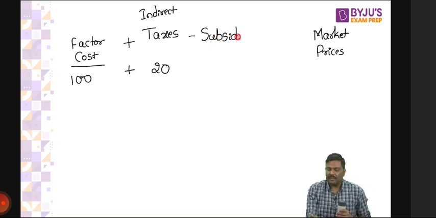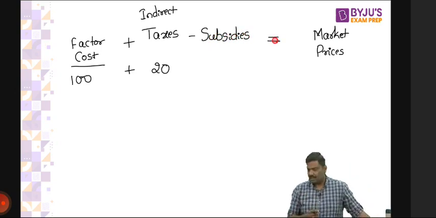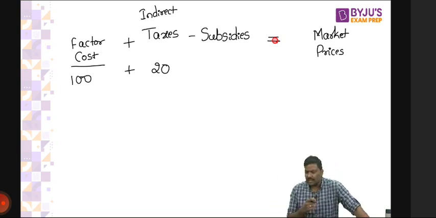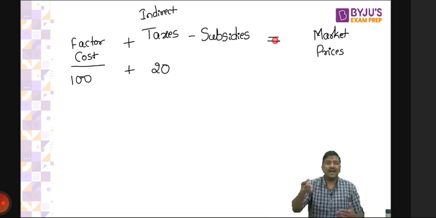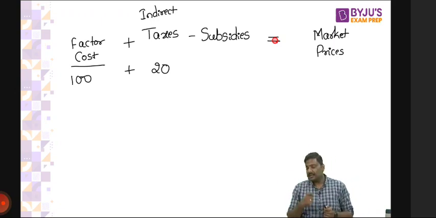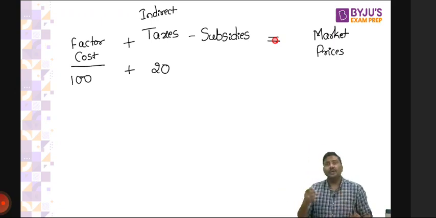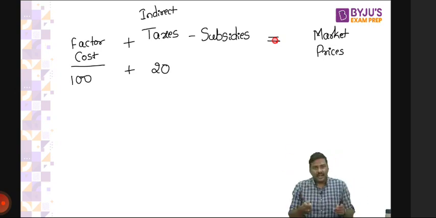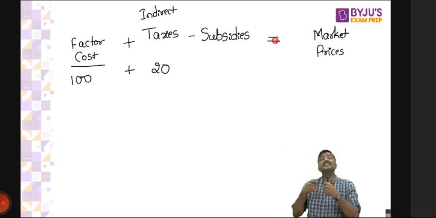But in addition to this, apart from the taxes, the government may also give you subsidies. Possible? Now, what is a subsidy? As of now, please understand, a subsidy is assistance given by the government. Sir, what do you mean by assistance? All of you have heard of the Pradhan Mantri Garib Kalyan Anna Yojana. What is that? It is assistance given by the government. Food grains are given by the government. This is generally referred to as subsidies.